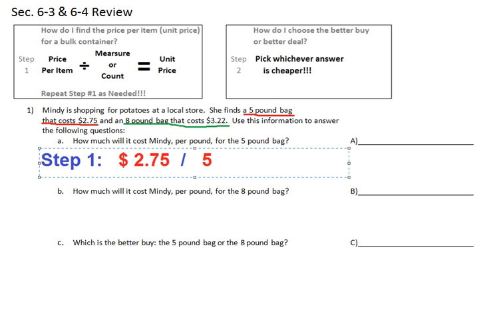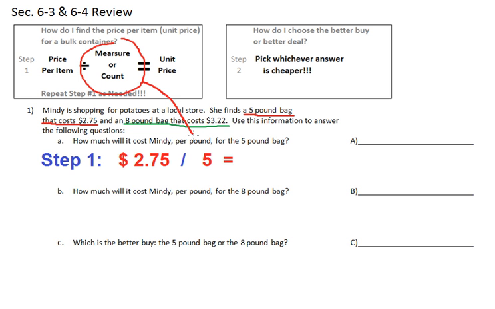You see, for this right here, what we're trying to do is figure out the measurement, or the count. How many ounces? How many pounds? How many potatoes? How many apples? How much is she actually looking to buy for this particular section of our problem? That's the measurement. That's the count. So you got to make sure you have that down. And so, once you have your formula all set up,